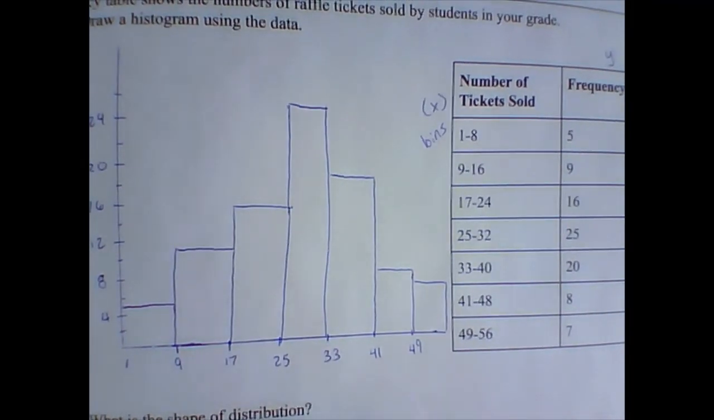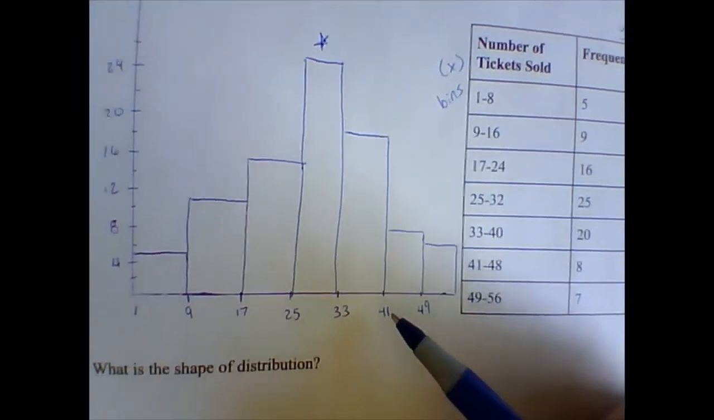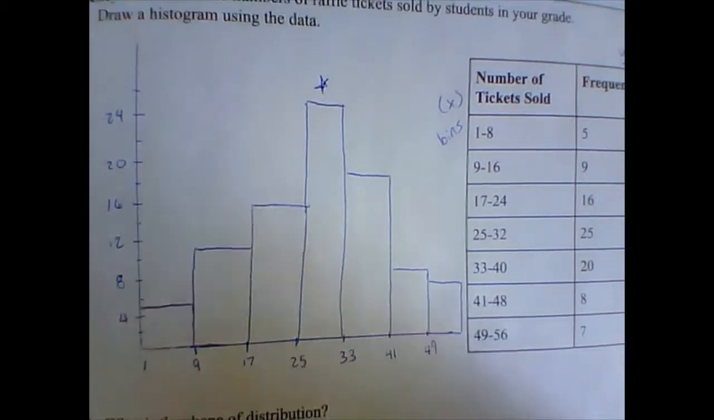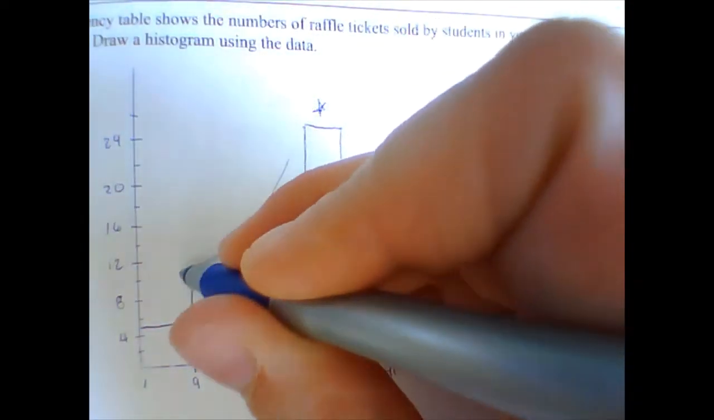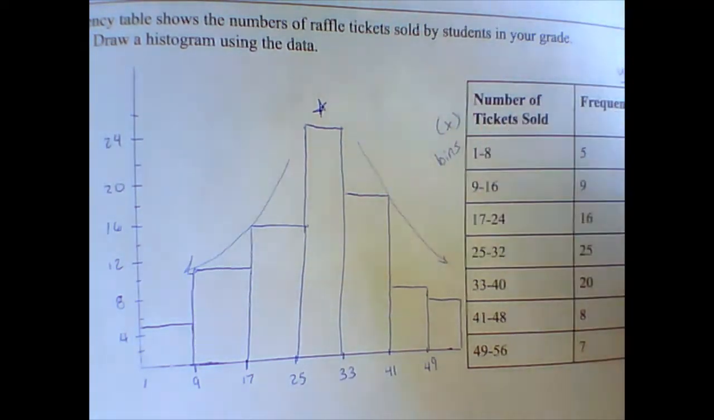Okay, we have our histogram. We found our tallest column, and we're wondering what is the shape of the distribution. It can be left, right, or normal / symmetric. So I'm going to sketch in the tails here that are coming off of that tall column